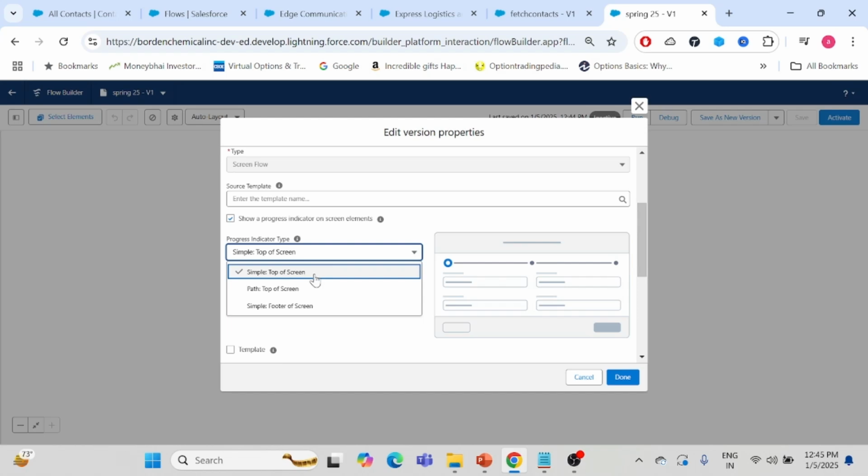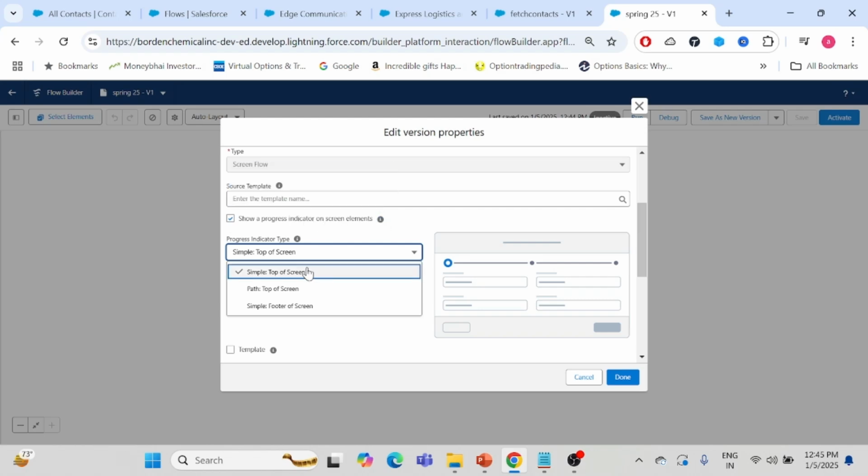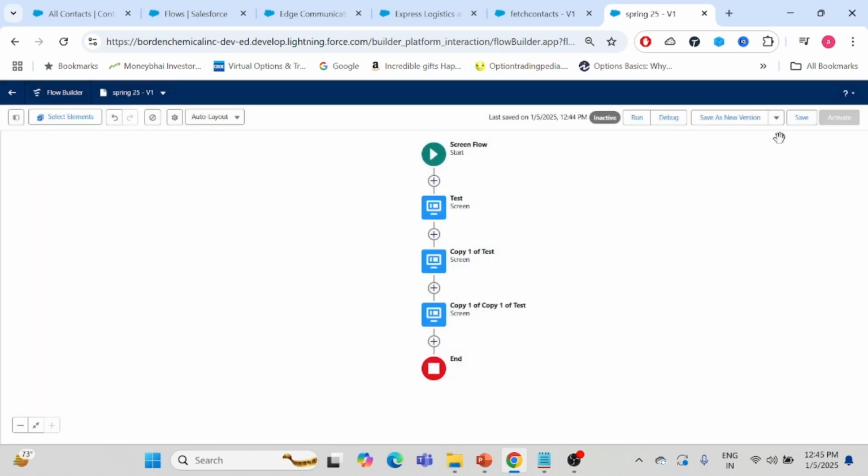So we have a couple of options for the progress indicator. When you come to the settings, if you want to show the progress indicator, the checkbox should be checked, that is, show a progress indicator on the screen element. And then next you can select the type of progress indicator you are looking for. I can select a path, or I can select a simple top on the screen. The simple top on the screen will show me dotted ones, and if I select a path, it will show me the path. So let me just quickly select a path,